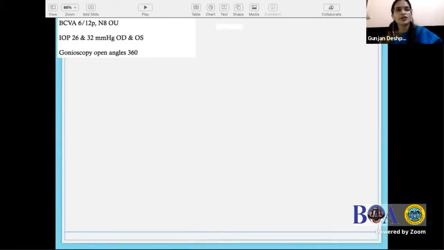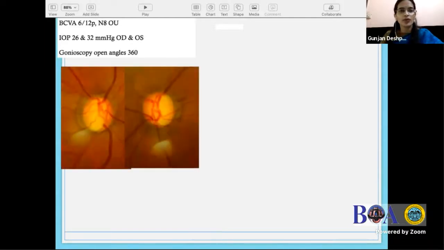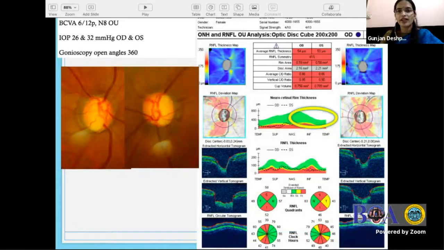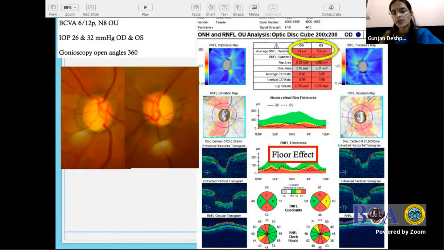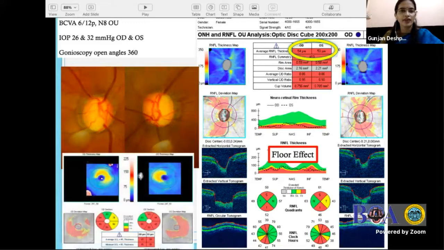Another patient was a 62-year-old male, 6/12 vision, had high pressure. The gonioscopy showed open angles, a large disc with around 0.9:1 cupping, generalized RNFLD, which again can be seen over here. What I wanted to tell the audience was about the floor effect. We'll be discussing this later on, where the average thickness generally doesn't fall below 45 micron. And in such cases, progression can be studied by doing serial